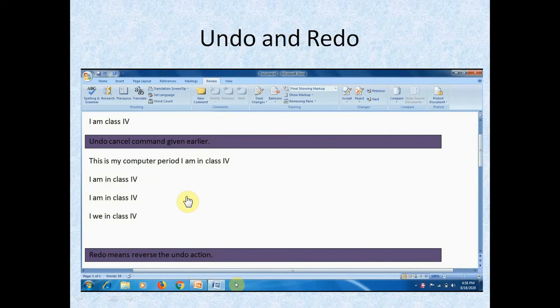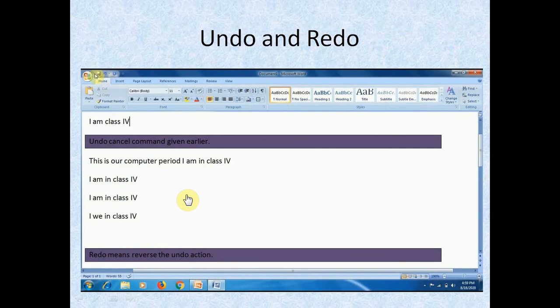Undo means, suppose, for example, I have taken one step forward. Okay, so undo will bring my step back to the back position, and redo again brings my step forward. Okay, similarly, as here it is clicked and my is deleted here, and I have written R. Okay, now what will happen now?